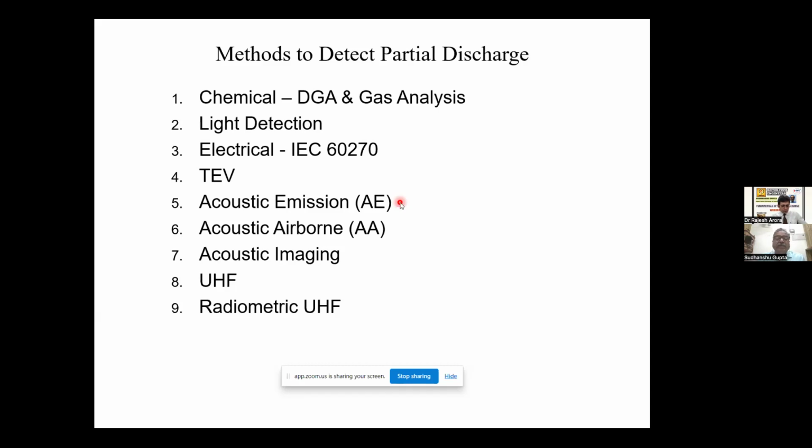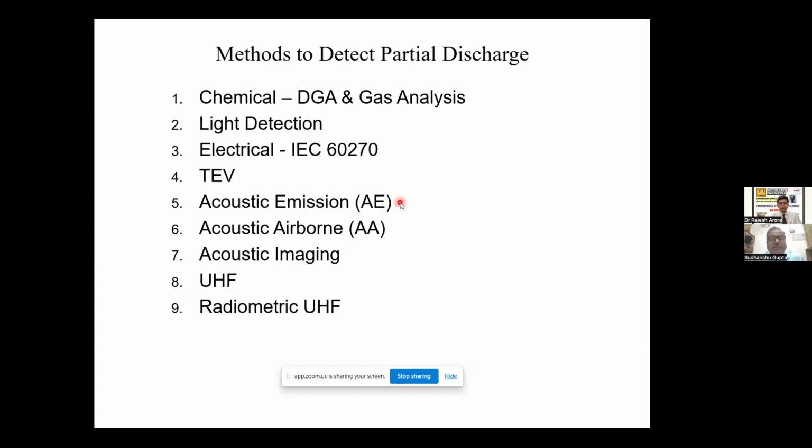The difference between acoustic emission and acoustic airborne is that acoustic emission is a contact type sensor and acoustic airborne is a non-contact type sensor. Acoustic airborne is being used for testing again arcing, sparking, corona kind of defects. And then comes